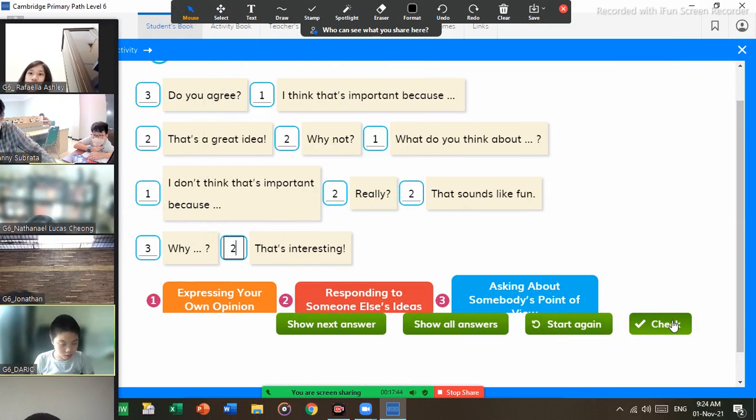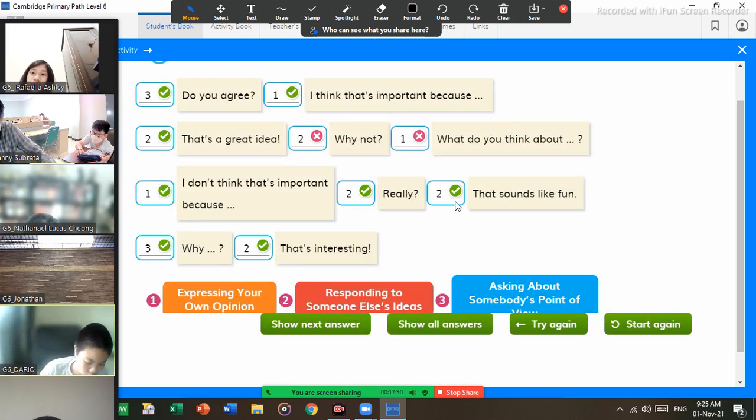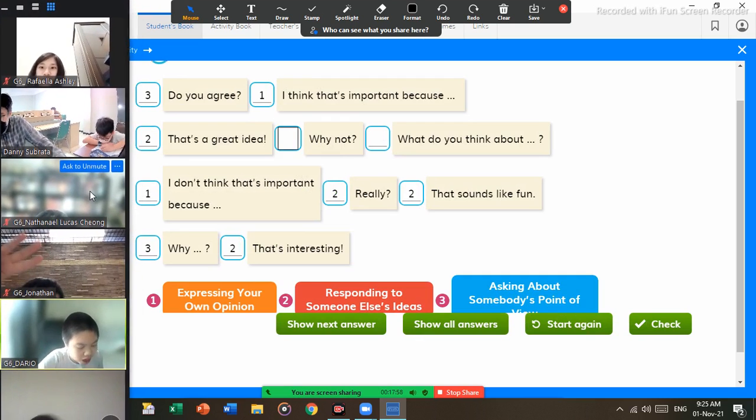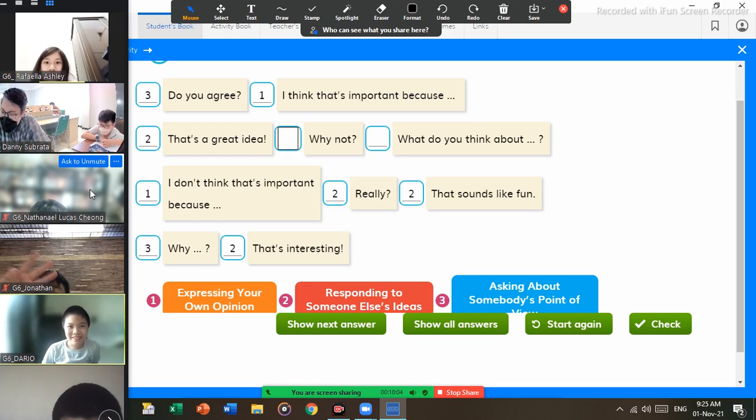Is it true? Ooh, there are 2 that are not correct. That's fine. Let's try again. The "why not?" Which one is it? It's not 2. It's either 1 or 3. 3.